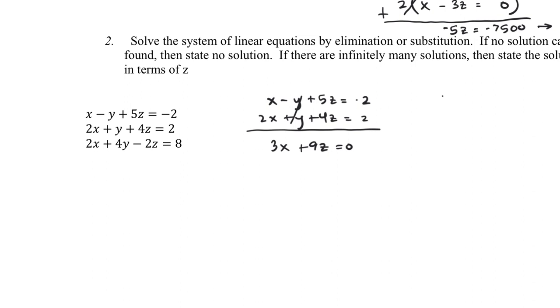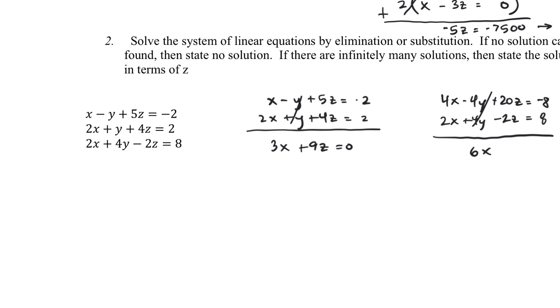So that top equation becomes 4x minus 4y plus 20z equals negative 8. Bottom equation stays the same, 2x plus 4y minus 2z equals 8. So if we eliminate y, we end up with 6x plus 18z